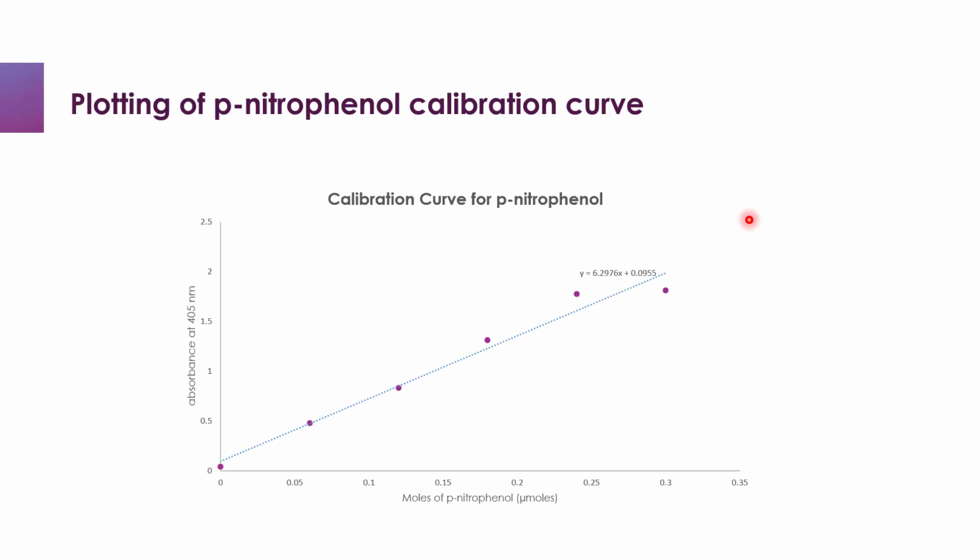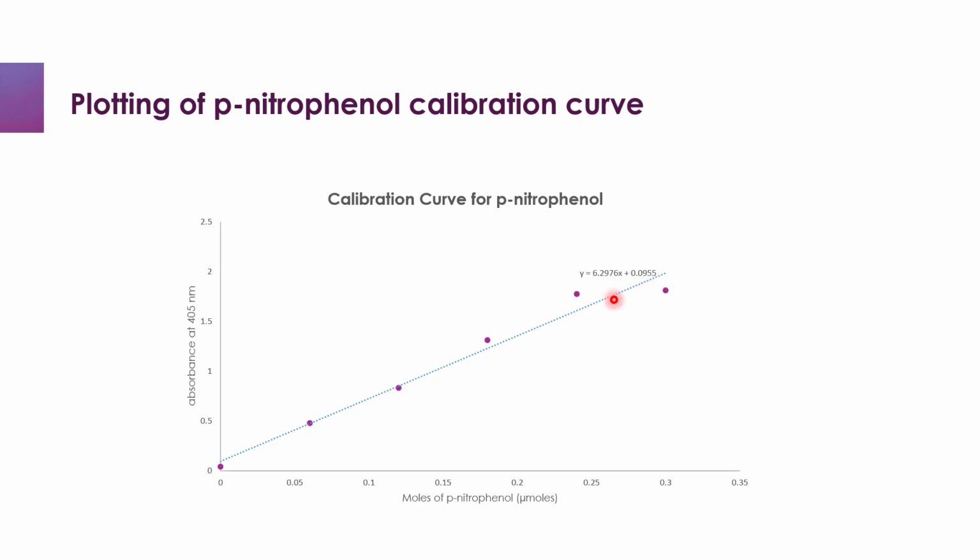So now let's see how to plot the calibration curve for the p-nitrophenol. To do this, we plot the absorbance obtained at 405 against the calculated moles of the p-nitrophenol in each test tube. If you plot the absorbance against the moles of p-nitrophenol, this is the nature of graph that we are going to get, with the equation of the line giving us y equals 6.2976 s plus